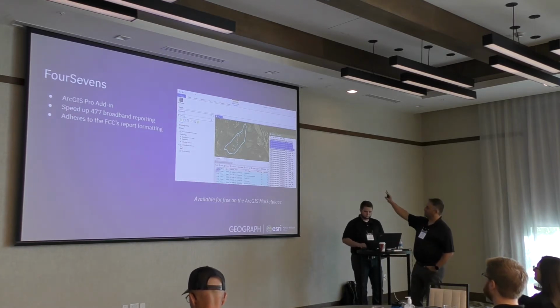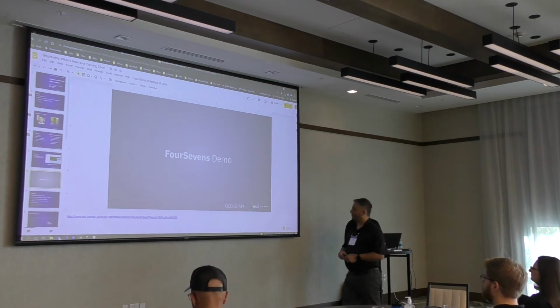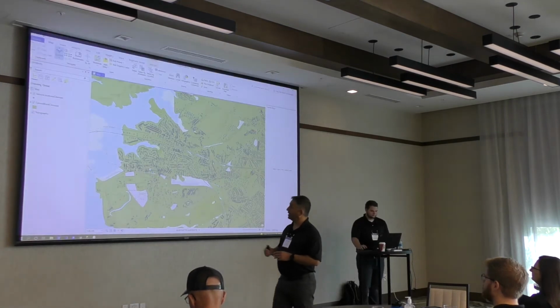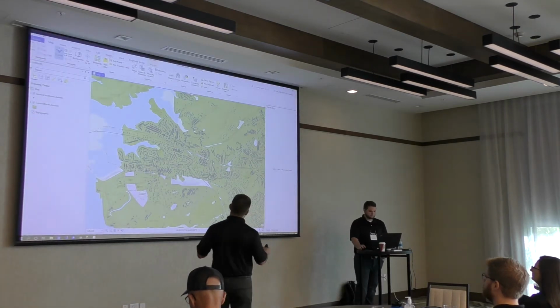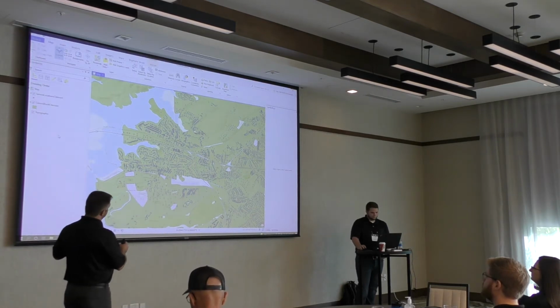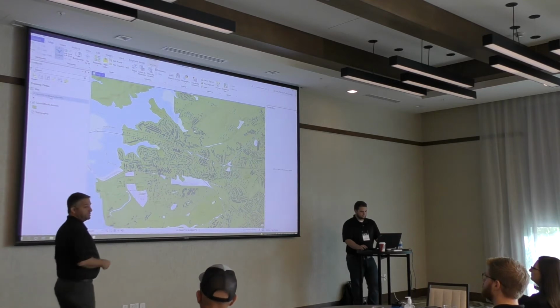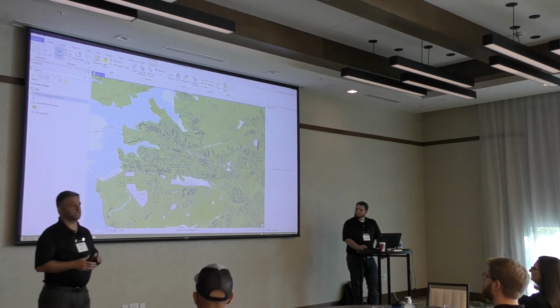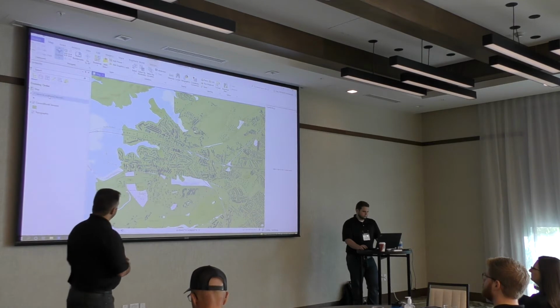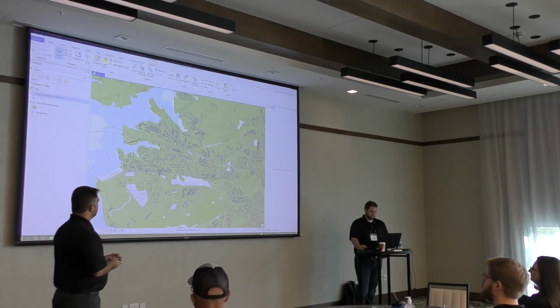This is what it kind of looks like. We're going to do a quick demo, so Corey's going to pull it up for us. Okay, so what you're looking at here is Pro. What we have on the map here are polygons representing the different census blocks. This is Pickens County, which is a county just south of us. More specifically, it is around the Clemson area. That's where our home office is.